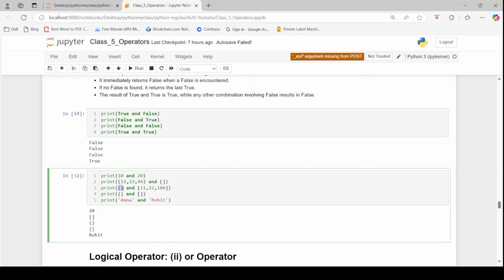Empty first brackets contain nothing, so this will be false. And here you have a list, and the list is populated with values 11, 22, 100, so this will be true. So as soon as AND operator finds false, it returns false, so this one will be returned, these empty first brackets. And then you have print. Here you have